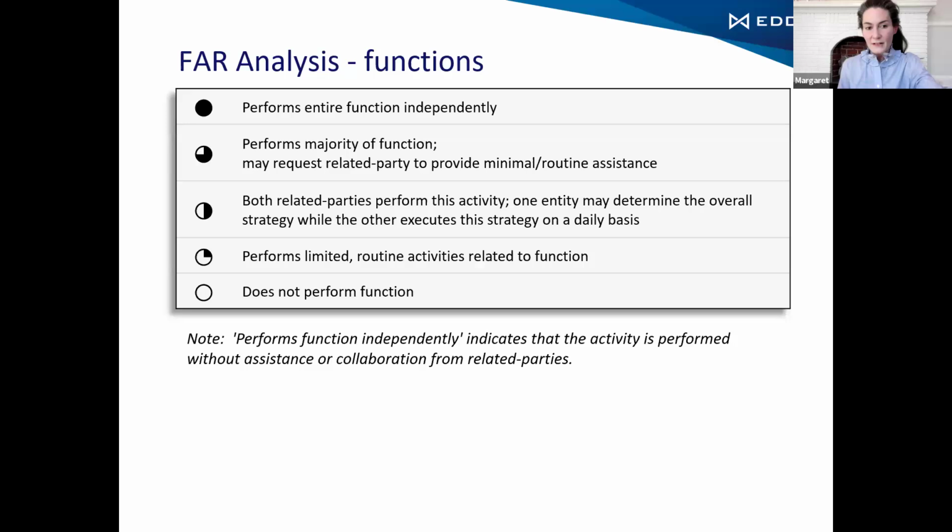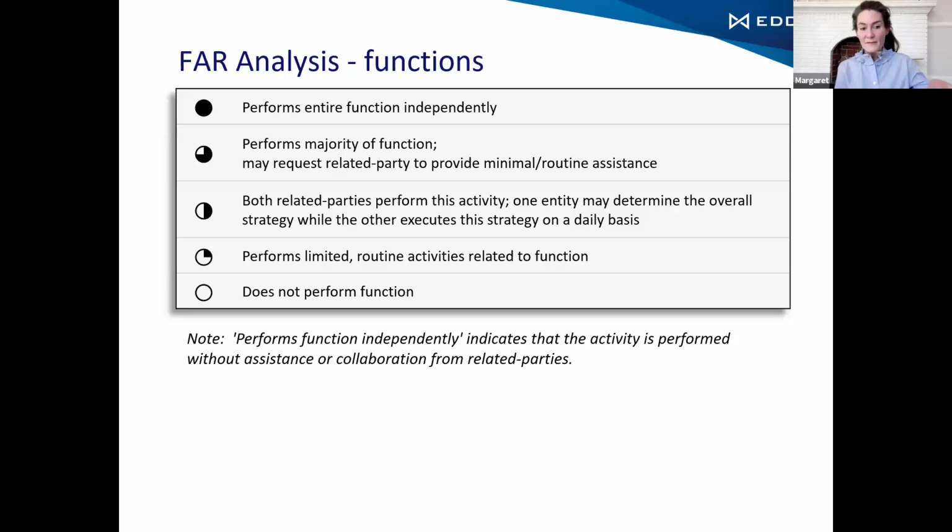So in each of the columns, for the related party 1 and related party 2, we would determine for each of those functions in the chart that we just saw, we would put these pie shapes, and the amount that's filled in the pie would be determined by what percentage of that activity was performed by each entity. And even if you're benchmarking a distributor, I would still keep in the section that describes manufacturing activities.